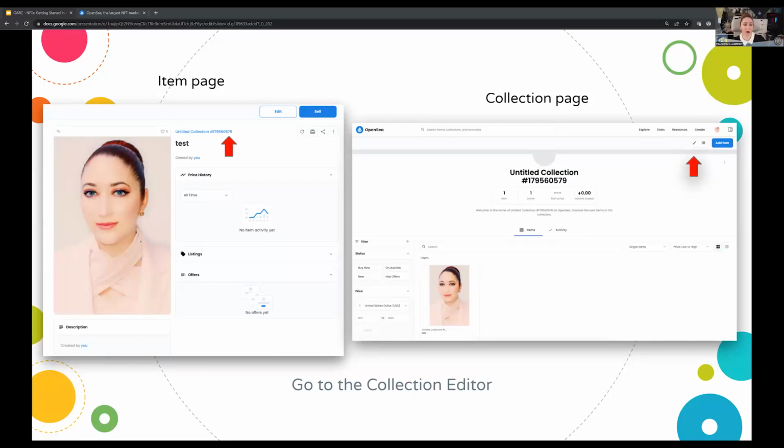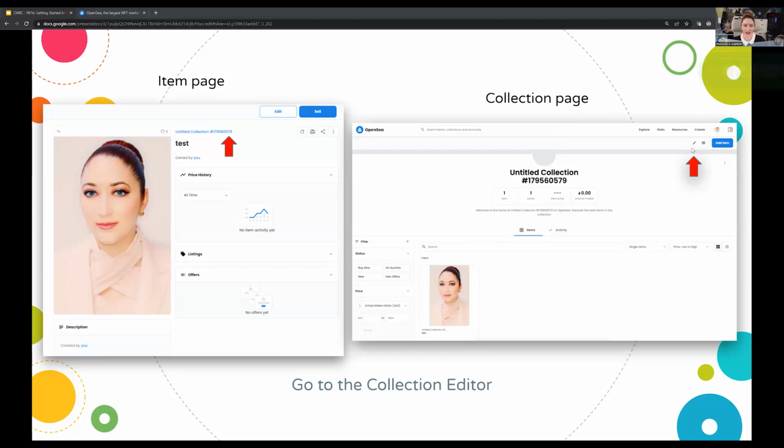But also, before we sell, we need to go into our Untitled collection page and adjust some things using the collections editor. So if we click on the Untitled collection above the item title, we'll see this is our collection, and this is our item.